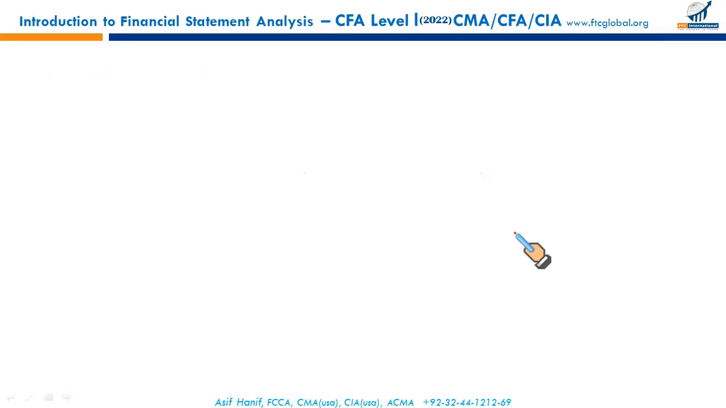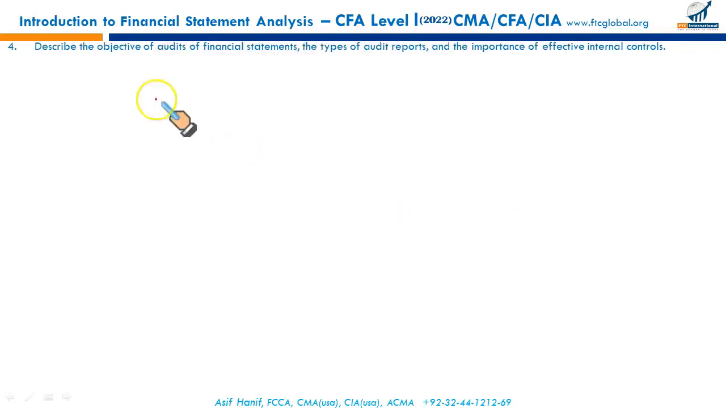Next, we have the fourth LOS: describe the objectives of audit of financial statements, the types of audit reports, and the importance of effective internal controls. Every aspect of an LOS you should have a clear concept of, and that's the foundation of your whole preparation, and then you will be able to do the questions more effectively. So the first is,